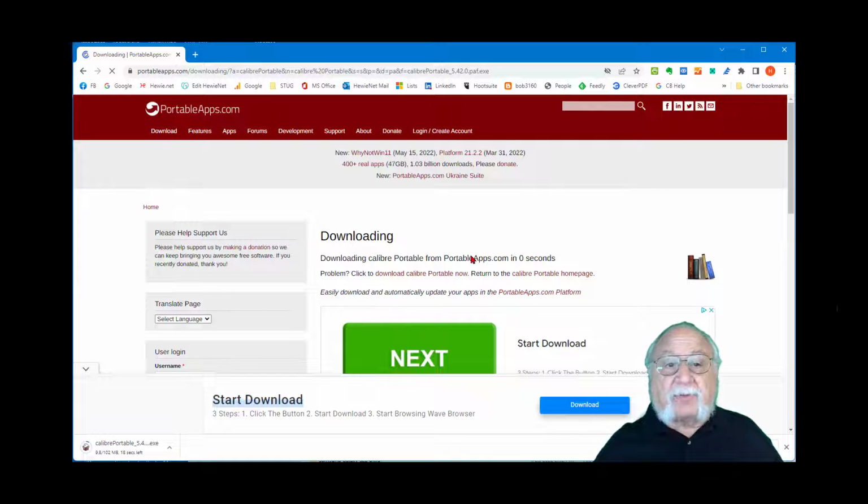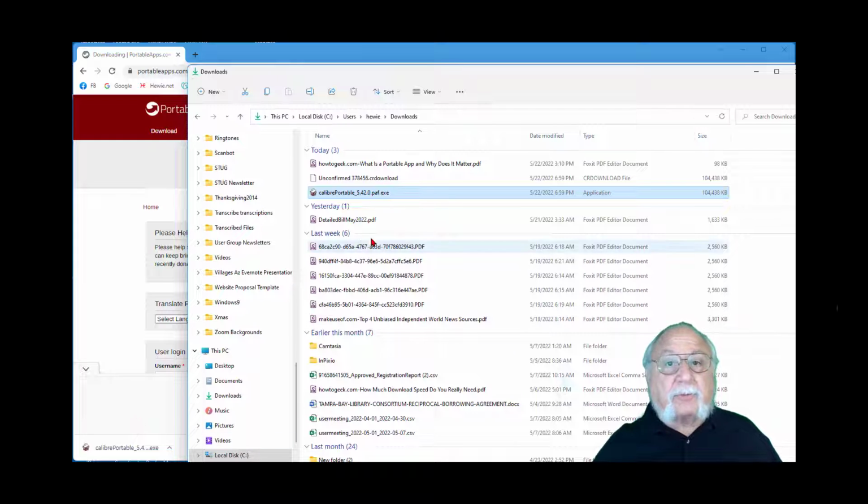Again, another ad pops up. Don't click on it, but down here in the corner, it is downloading the app that we want. I have my computer defaulted to the download folder when I download a file. Yours may not. You may not know where that is going. So if you come down to this corner and right mouse click and click Show in Folder, you will see